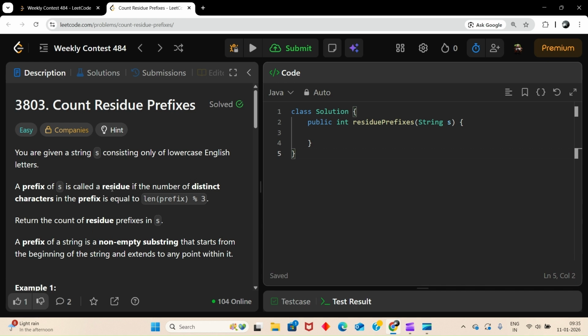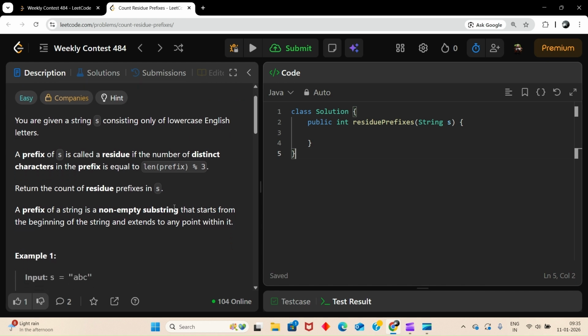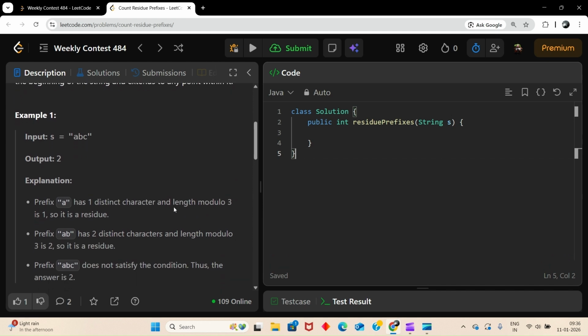So what is this residue? If the number of distinct characters in that prefix is equal to this. So what we will be doing is counting the distinct characters in that prefix, and we will find if it is equal to the length of the prefix percent 3, then we can increment our count. So how will we solve this question? Instead of considering a substring and then traversing it again to find the distinct count, instead of that,